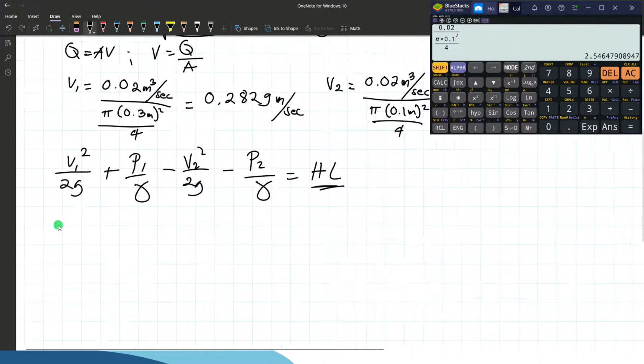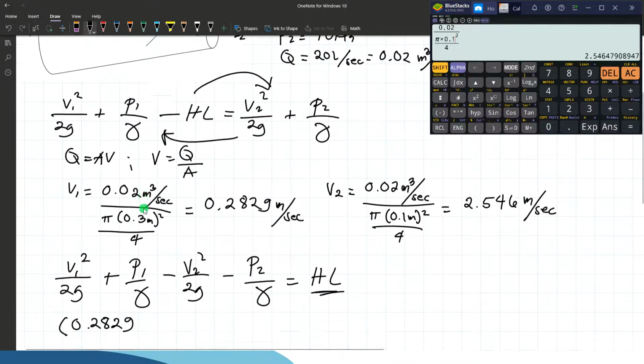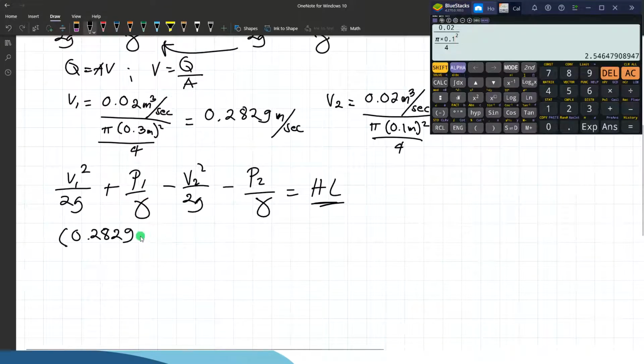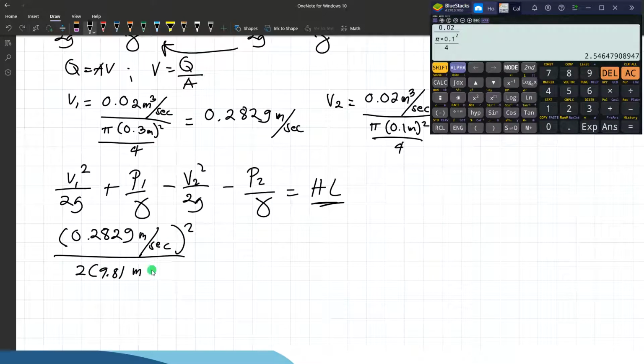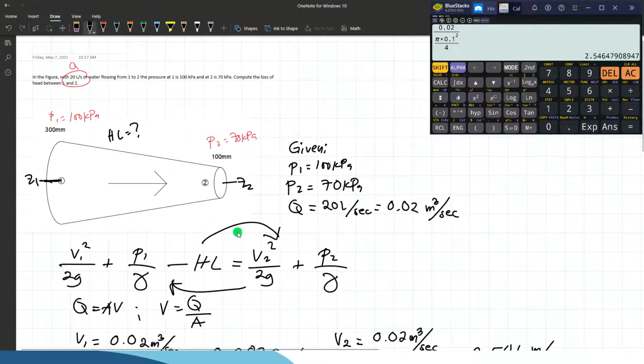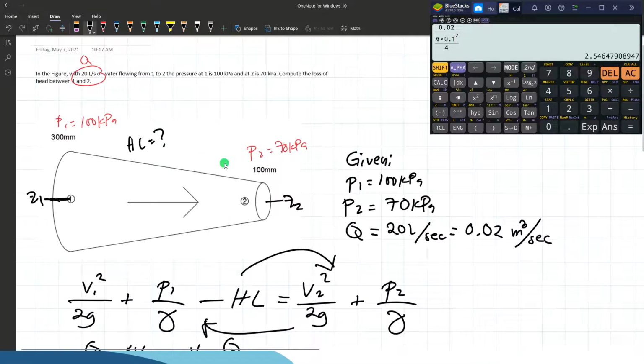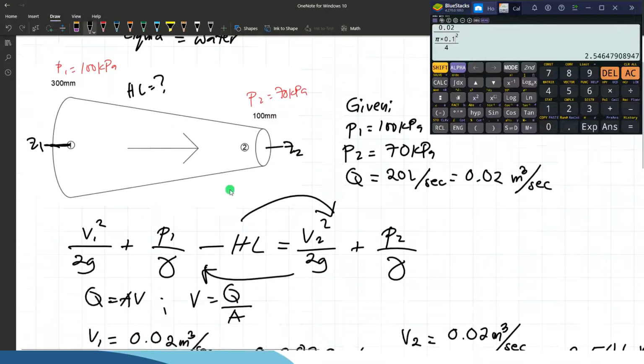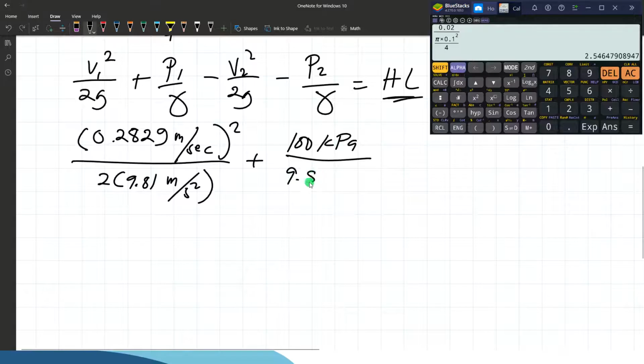So substitute now the velocity at point 1, 0.2829 meter per second squared over 2 times 9.81 meter per second squared plus P1, 100 kilopascal or 100 kilonewtons per square meter, divided by unit weight. There's no given liquid here, so let's say in this problem the liquid is water. So we use the unit weight of water, 9.81